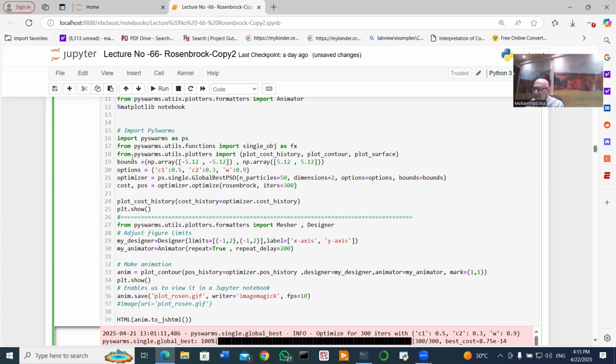But here, the third line is necessary. From pyswarms, you call the utilities. From there, you call the plotters. And from the plotters, you call the following. You have to import plot cost history. This is a function which is used to plot the cost,